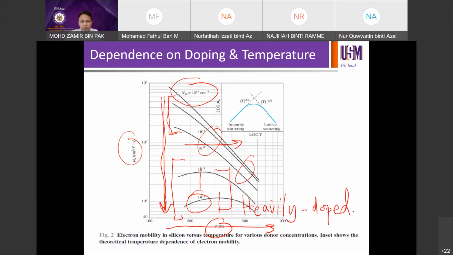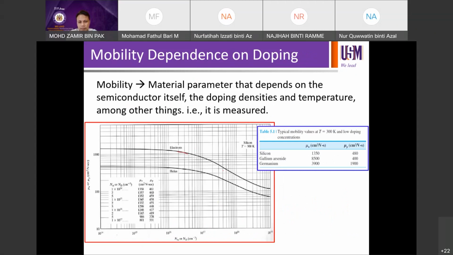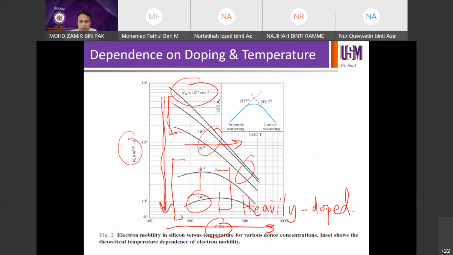So that means, as we already discussed yesterday when you talk about this relationship, we have come to the conclusion that there are more impurity scatterings at high doping level, or when you go for heavily doped, right? So this impurity scattering in the lattice dominates at low temperatures, okay? So that means you're going to see the effect clearly, or more significantly, at low temperature,